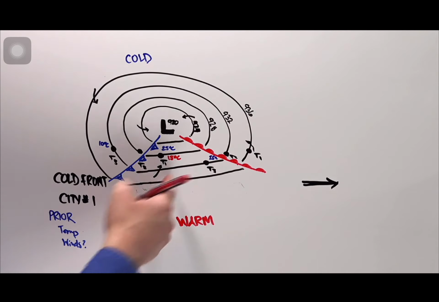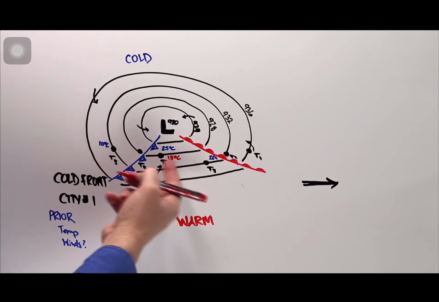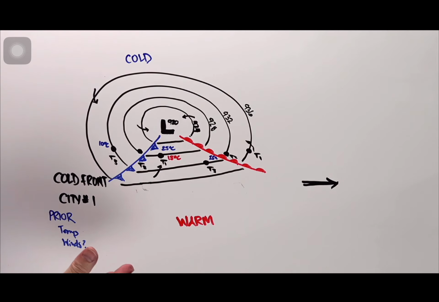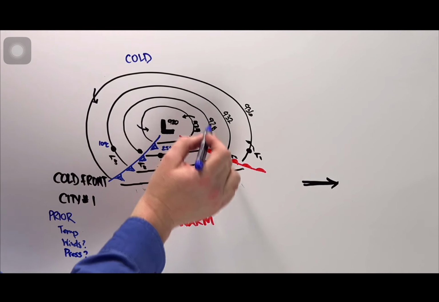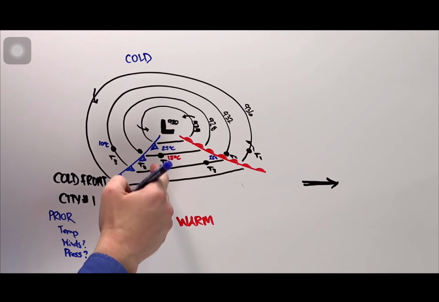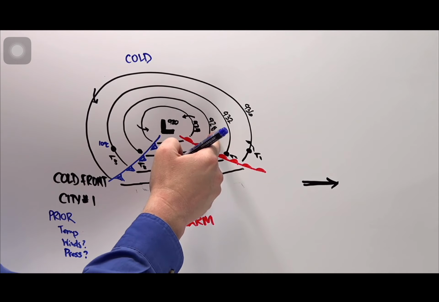All right, what about the weather conditions? Well, I'm not anywhere near the front, so the weather conditions are going to be fairly clear. What about the pressure? Well, in this case, it looks like I'm on the 928 isobar, so my pressure is going to be 928,